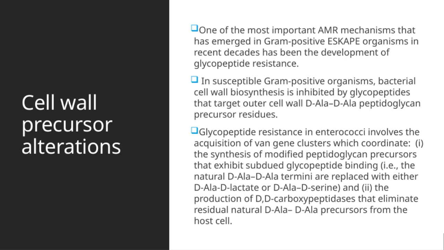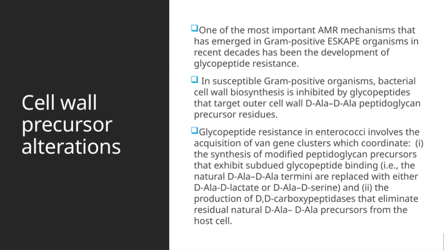But when it comes to resistant enterococci, things get more complex. They acquire specific gene clusters known as Van genes. These genes coordinate two main processes. First, they lead to the synthesis of modified peptidoglycan precursors. These modified precursors have altered termini, replacing the natural D-Ala-D-Ala with molecules like D-Ala-D-lactate or D-Ala-D-serine, which reduces the binding